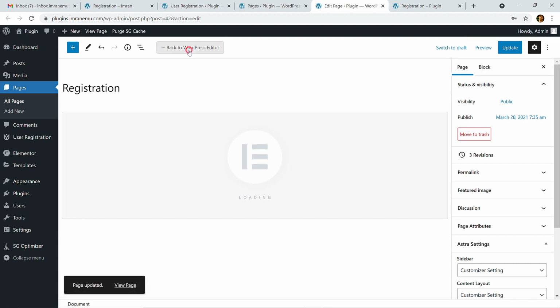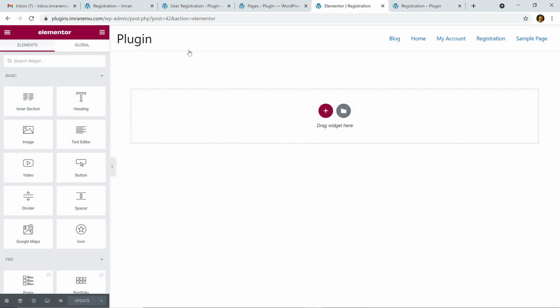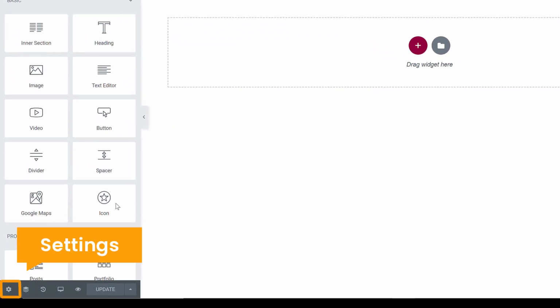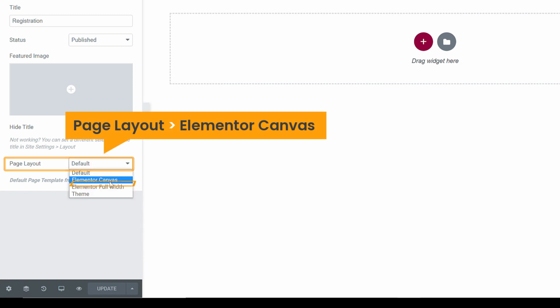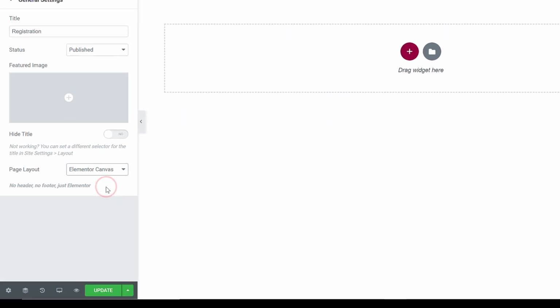Okay, so let's begin. From here, settings, I'm gonna choose the page layout to Elementor canvas